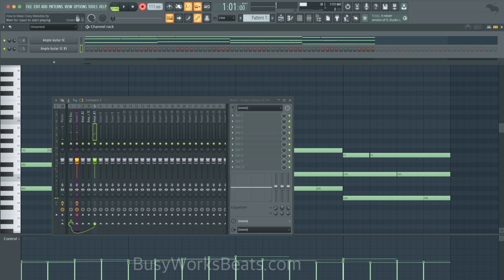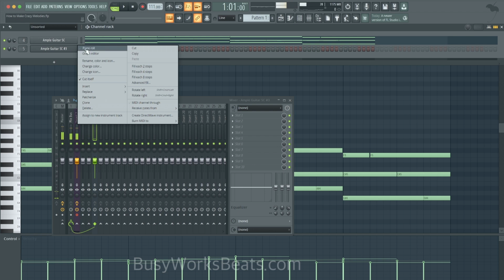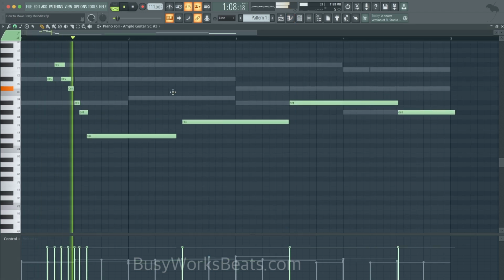So let's record. And it doesn't really matter what notes you play. You could use your typing keyboard. Let me do that again. Okay, so that's the minor pentatonic. Now, hopefully, here we record it. I did that with my typing keyboard. It sounds like a real guitarist did it.